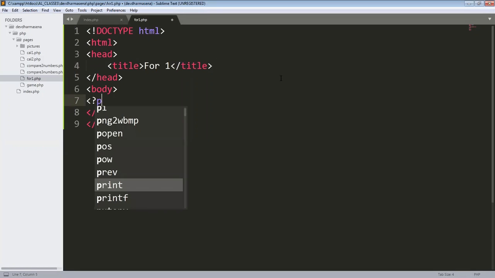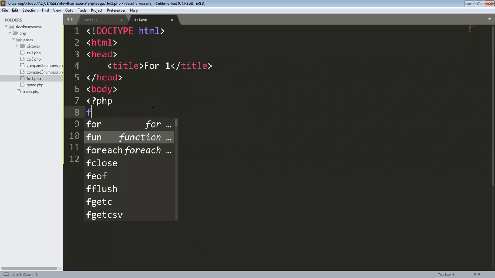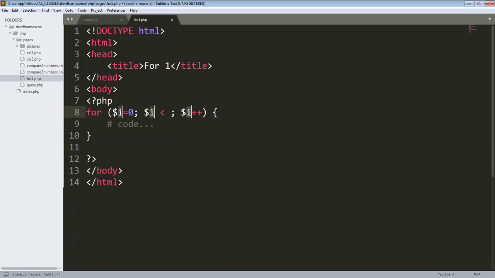So this is the PHP block. Okay. Then closing brackets. So this is how we write the for loop. Okay, here we have